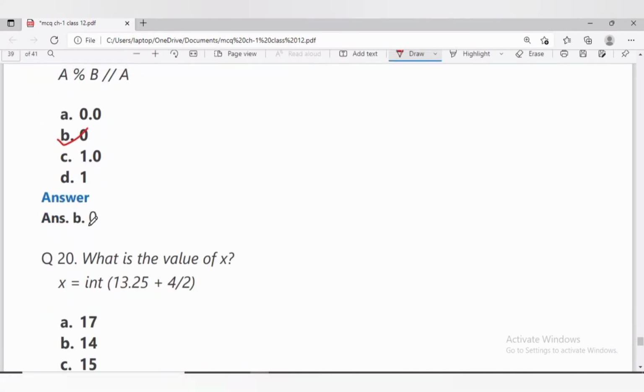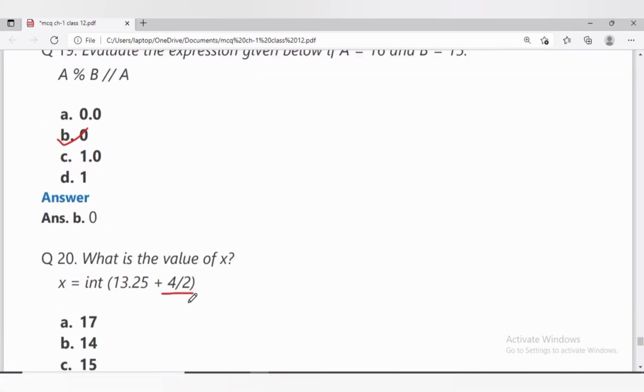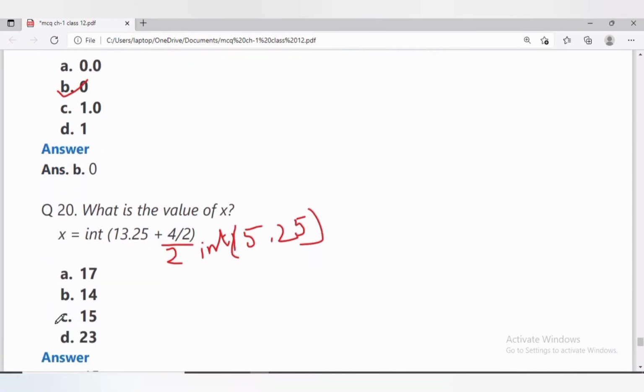In question number 20, what is the value of x? Here x is equal to integer within bracket 13.25 plus 4 divided by 2. Here 4 divided by 2 will give 2. 13.25 plus 2 will give 15.25, and the integer part of 15.25 will be 15.